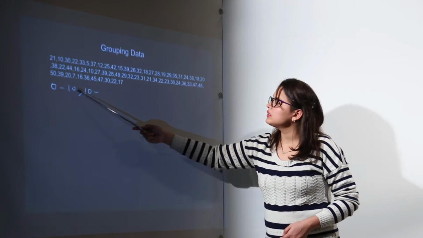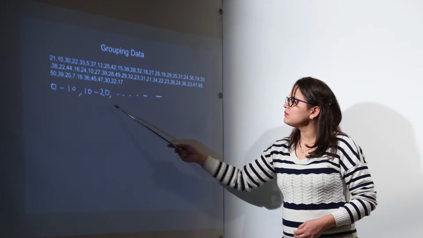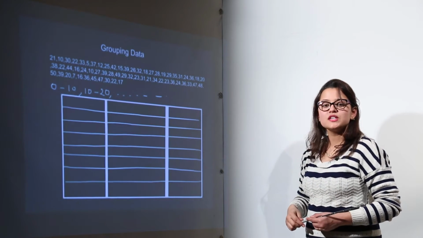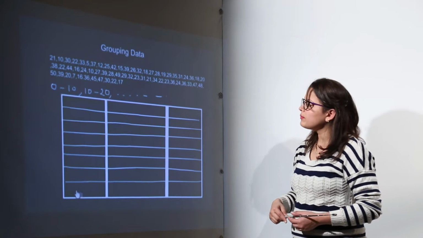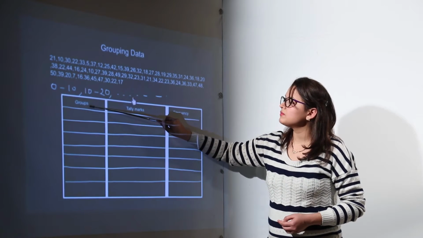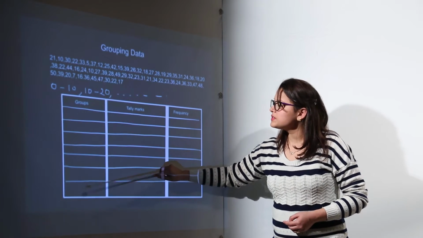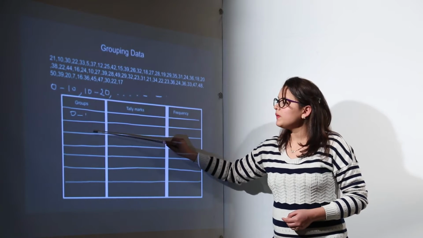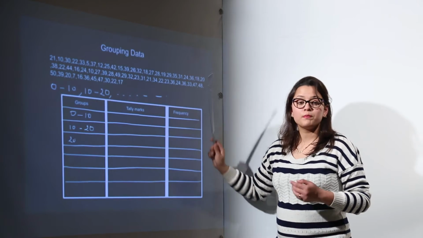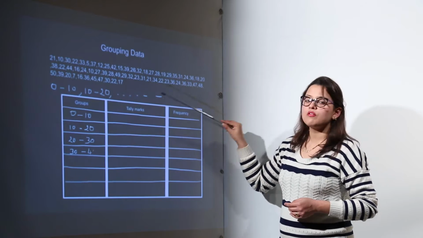I am taking the groups to be 0 to 10, 10 to 20, 20 to 30 and so on. That means I am taking a gap of 10 in each group. Again, for organization of the data, I will be making a tabular format. In that tabular format, the first column is going to have the groups. All my groups will be written in the groups section, that is 0 to 10, 10 to 20, 20 to 30 and so on, up to such a value that your maximum data value can be covered in it.